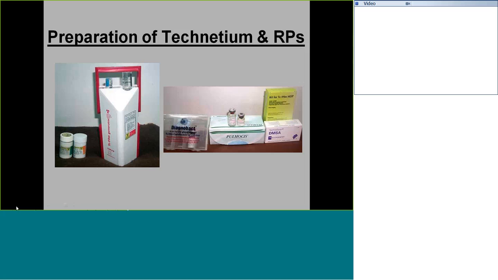or tetrofosmin. On the other hand, thallium is produced in a cyclotron and it is supplied as thallous chloride, and it's in the sterile form which can be straight away injected to the patient. So what you get here also is a sterile form of technetium. So this can be intravenously injected, and this is aseptically labeled to tetrofosmin and sestamibi so that you get the technetium concentrated into the